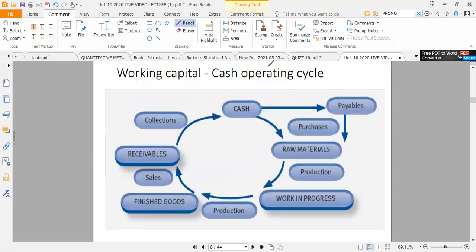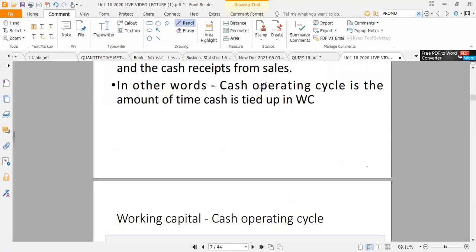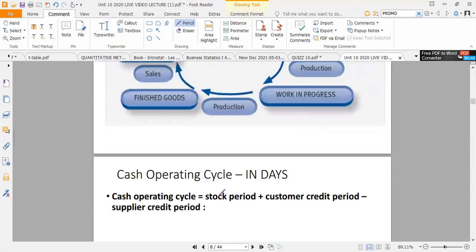Like we said, the cash operating cycle is simply the amount of time our cash is tied into working capital, the amount of time it takes us to convert our production back into cash. It starts first by calculating the stock period: how long it takes for our stock to be held up in the company, either as tied up inventory or in the production cycle from raw materials into a sellable good. We also add the time it takes for our customers to pay back our monies, minus the time it takes us to pay our